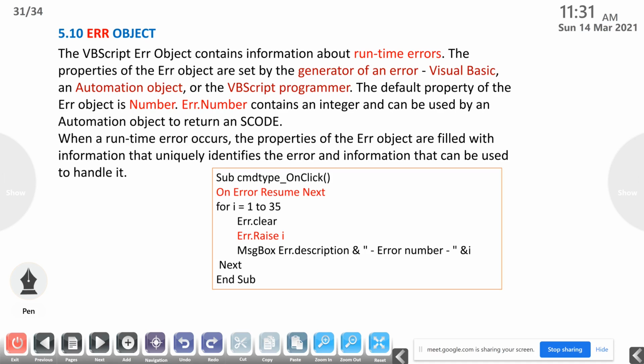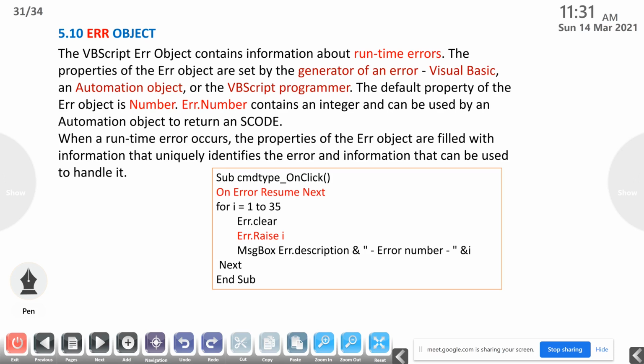Here is one example, a sub procedure. Then On Error Resume Next means if some error occurred in between, don't stop the execution, it can be resumed. So For I equal to 1 to 35, then Err.Clear means if some errors occurred, they will be cleared by using Err.Clear.